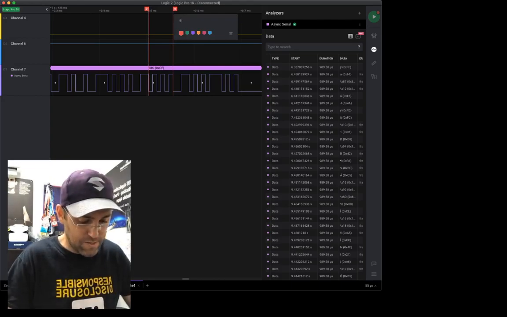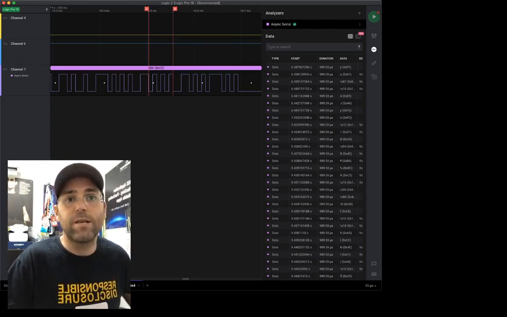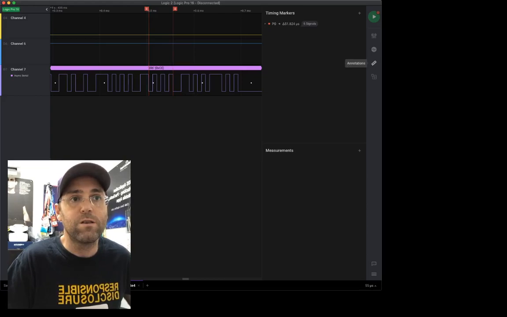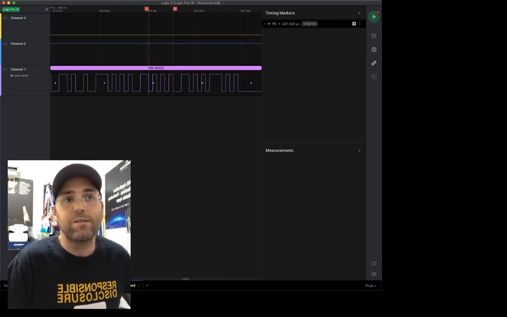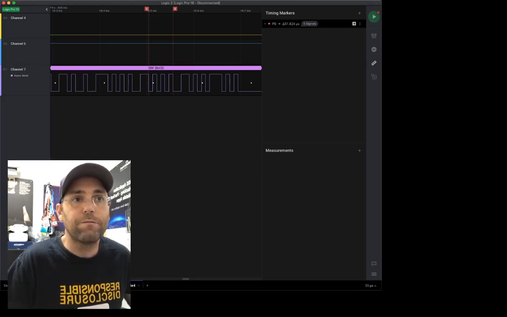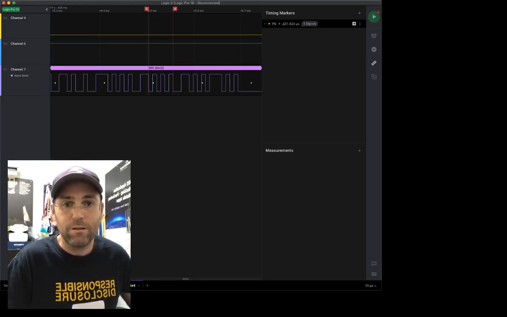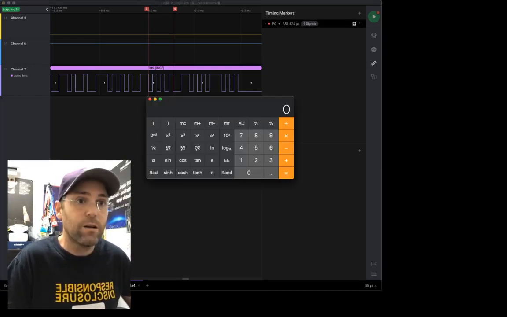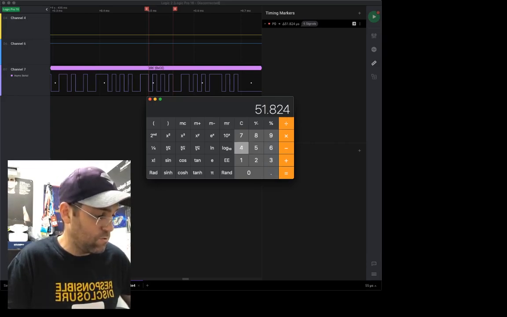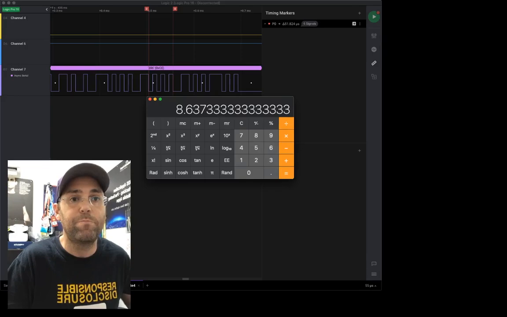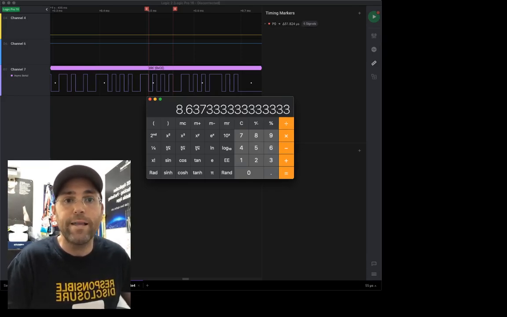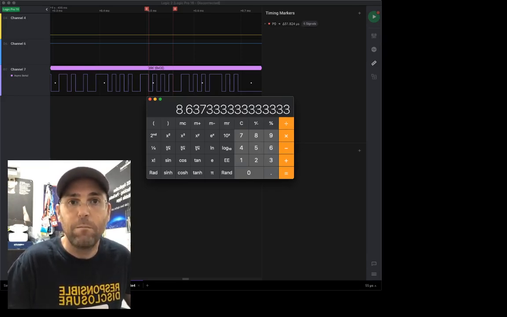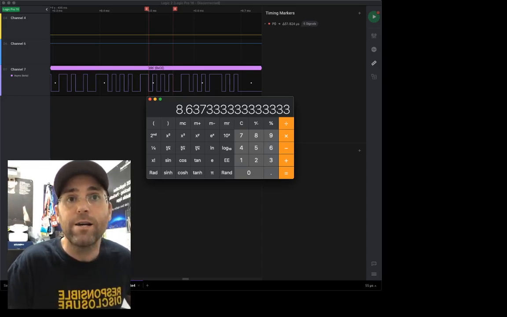Okay, those are 6 signals, 6 transitions of bits from 1 to 0, and those 6 bits were transmitted over the period of 51.824. Okay, so let's take the average of this. Let's do 51.824 divided by 6 bits. We get 8.637 per bit, and these bits are in